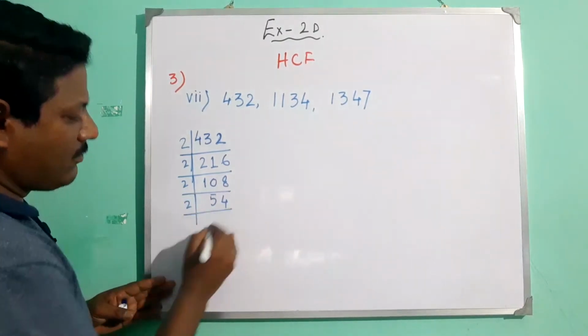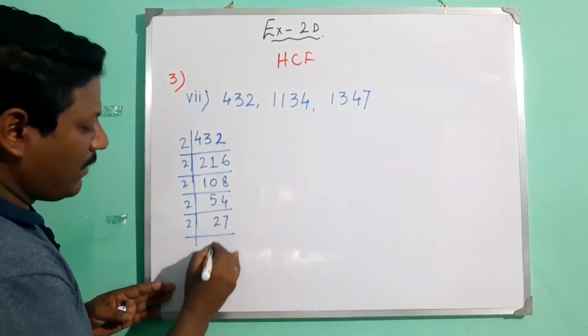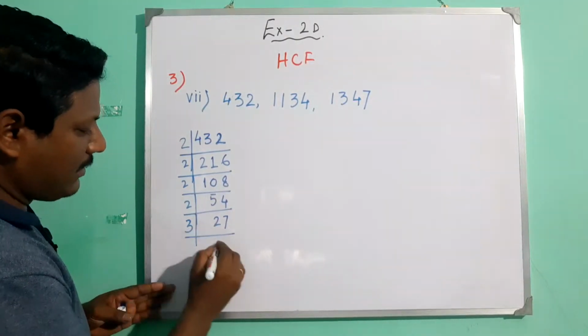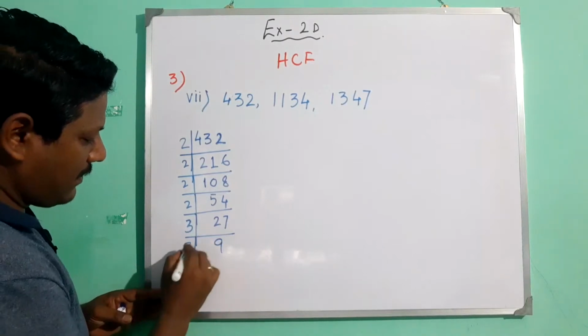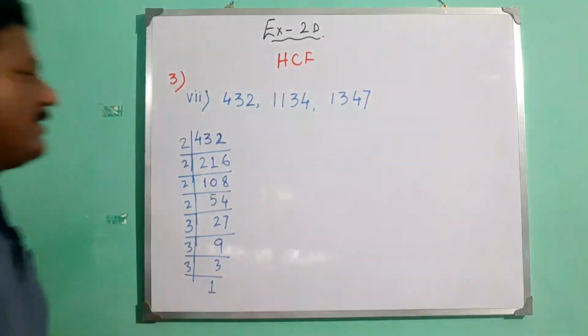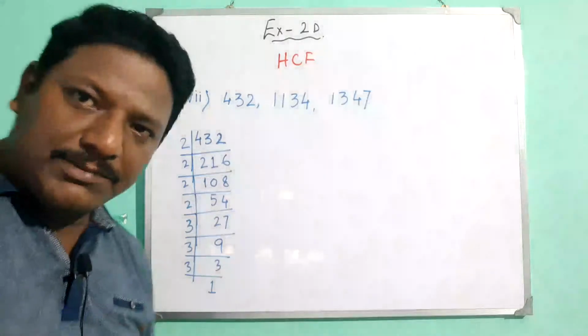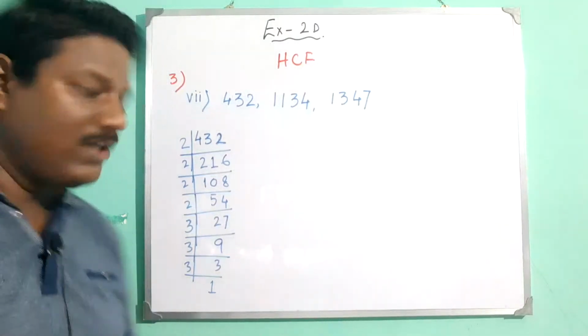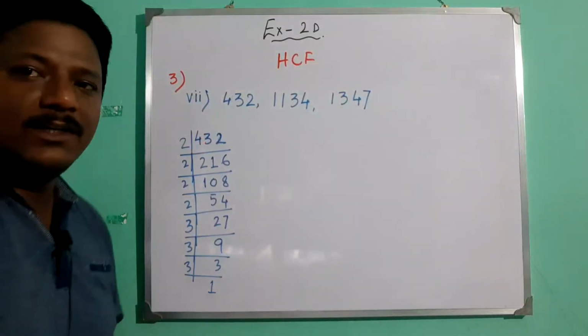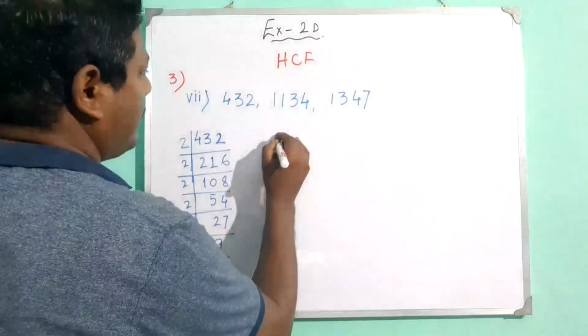It can go by 2: 2 twos are, 2 sevens are. It can again go by not 2, it can go by 3: 3 nines are. Again 3 threes are, and 3 ones are. Now I'm showing you the easiest process. First you find all the prime factors of the given number, then you write them. Next is